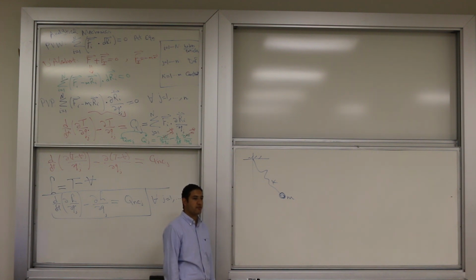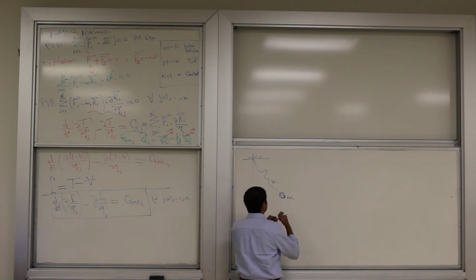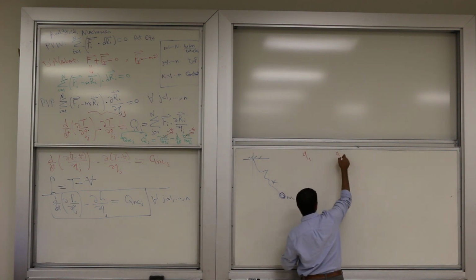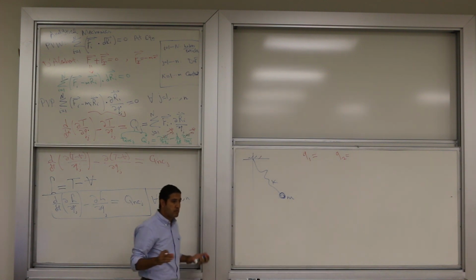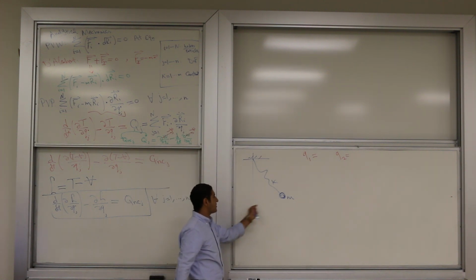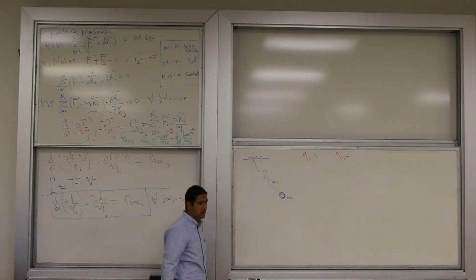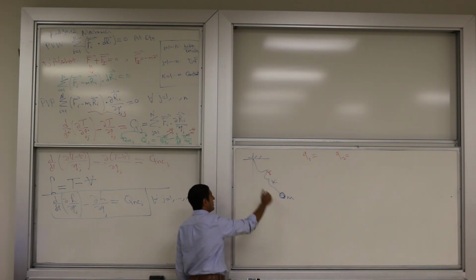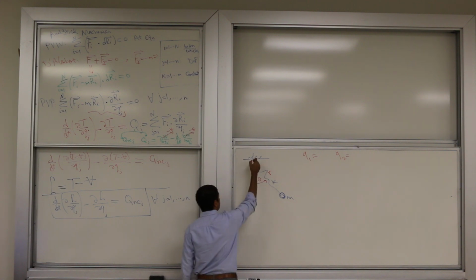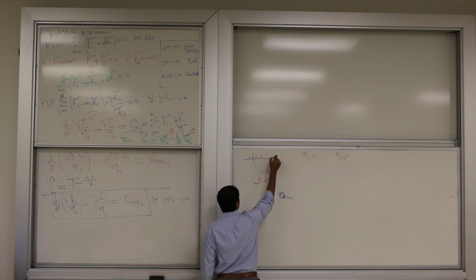We don't want to miss it from the first line of the problem. So you need to just give me what is your q1 and what is your q2. It's you who determine these, right? Maybe you're going to represent the 2 degrees of freedom by x and y, that's perfectly fine. Or I'll just have this as r, the radial position, and theta, okay? And here is maybe my frame,